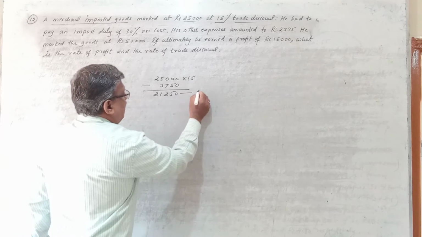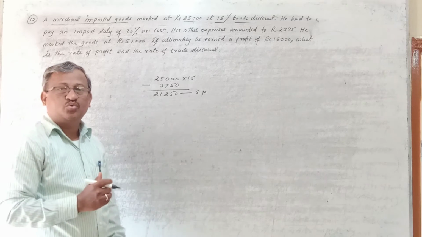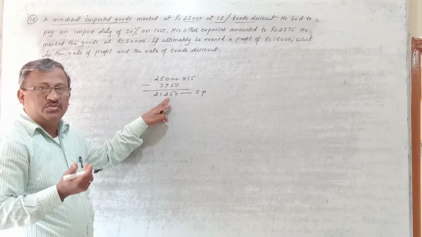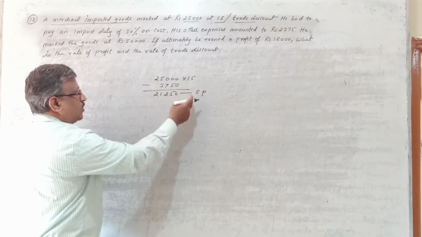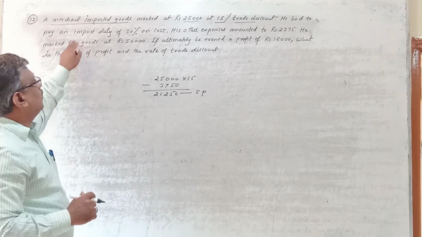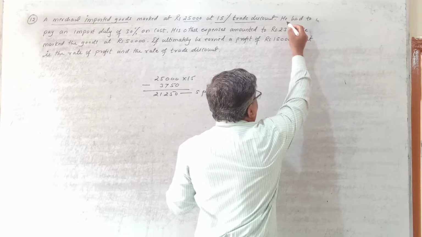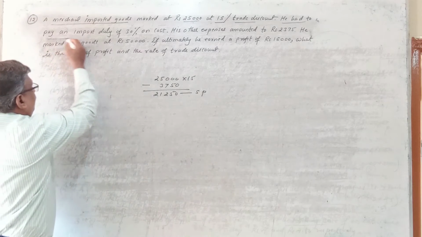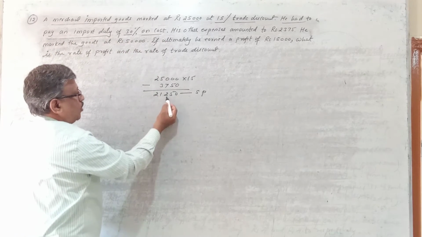So this is the selling price of whom? Of the exporter. The exporter is selling the goods to the importer. As the importer is importing the goods from the exporter, the selling price of the exporter becomes the cost price to the importer. Now as he is importing the goods from the foreign exporter, he has to pay an import duty of 30% on the cost.